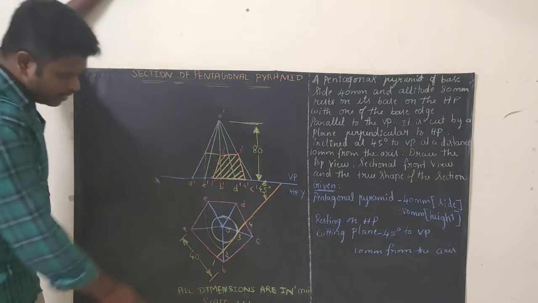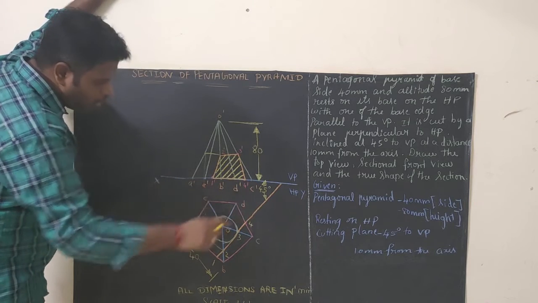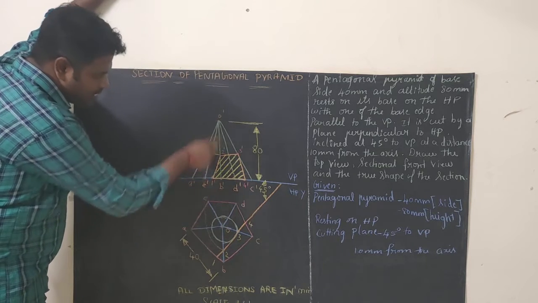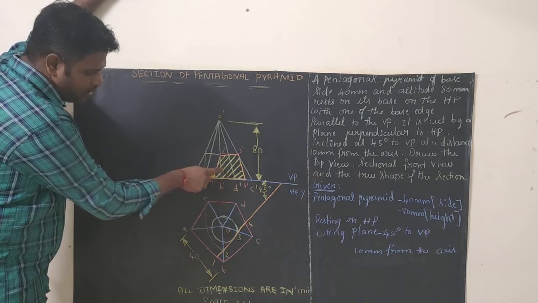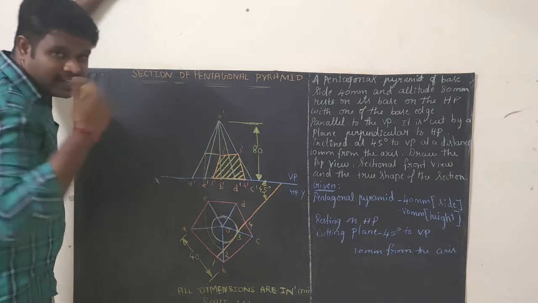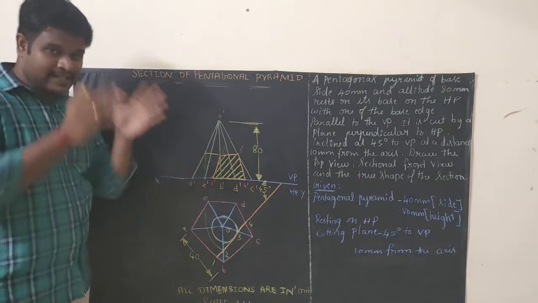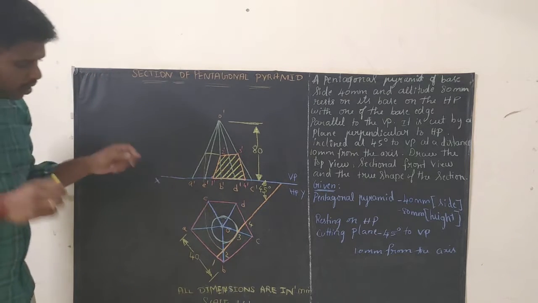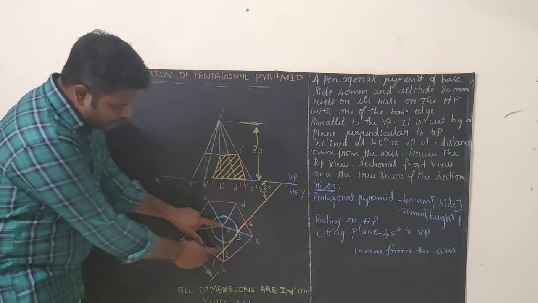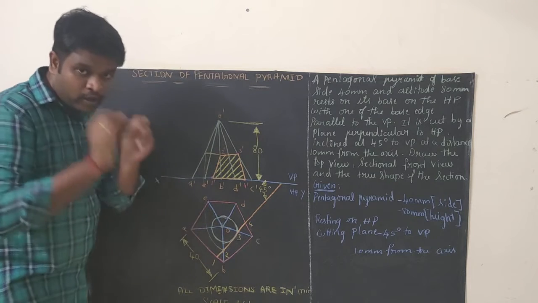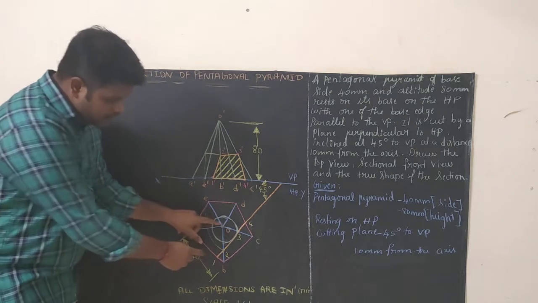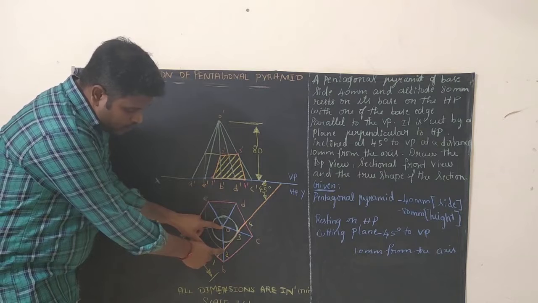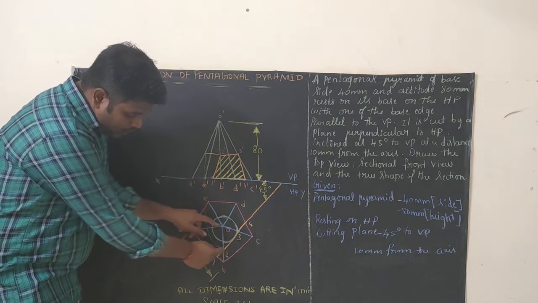But the problem here is 2 is between O and B. So if you keep on extending, 2 can be here, here, here, anywhere, but we can't trace it up. The reason is it is lying on the axis. That is the problem. So what are we going to do? Take your compass, keep your compass here, measure from O to 2. Okay, all of you listen. Take your compass, keep your compass here and measure till O to 2 and try to cut an arc